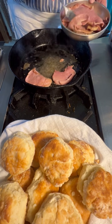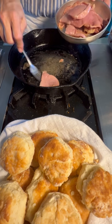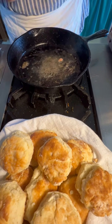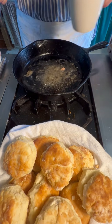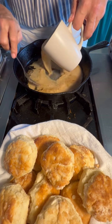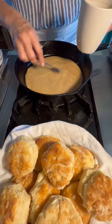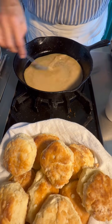Now, people make their red-eye gravy all different ways. Some with just plain old coffee. Whoops, get back in there. Some with water. I like to make with coffee with cream in it. It gives you a nice little creamy, I'm going to turn the heat up just a little bit, nice creamy red-eye gravy. And we want to take our fork or a whisk, and we want to scrape up all those